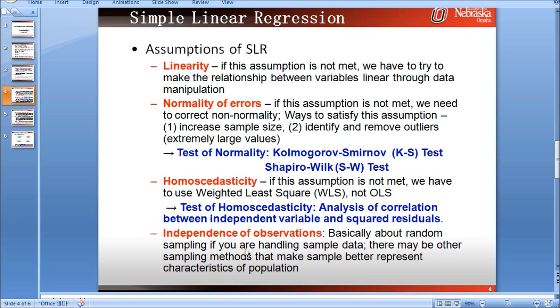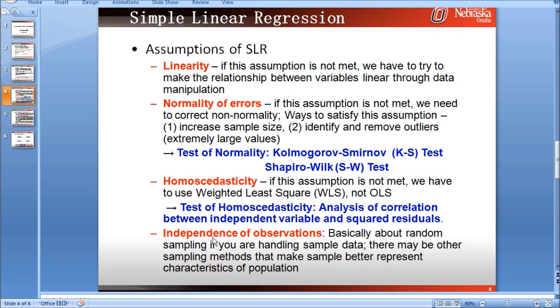I'm not gonna go in depth about these two assumptions, because handling a nonlinear relationship between independent and dependent variable is way beyond an introductory level of statistics class, and there's nothing we can do about independence of observations at this point of data analysis.